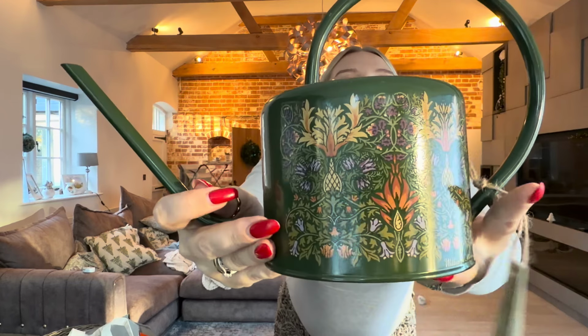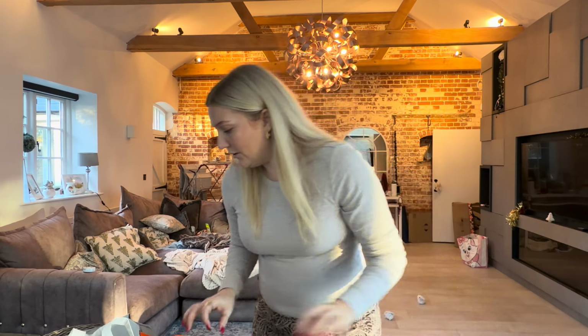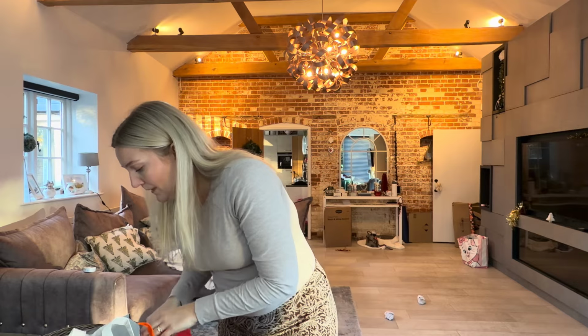It's got a really cute little print on it as well. Hopefully you can see everything. It feels really dark in the house today for some reason. So that is those two things. And then I also picked up